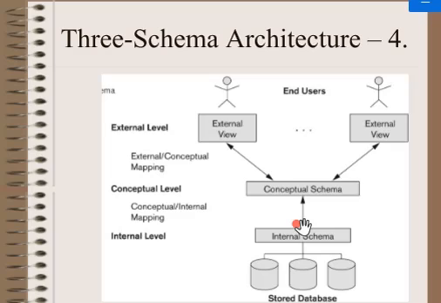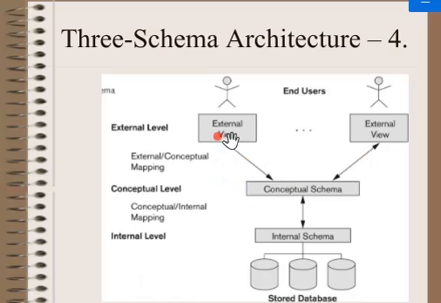This mapping may be time consuming. So some DBMSs, especially those meant to support small databases, do not support external views. Even in such systems, however, it is necessary to transfer requests between the conceptual and internal levels.